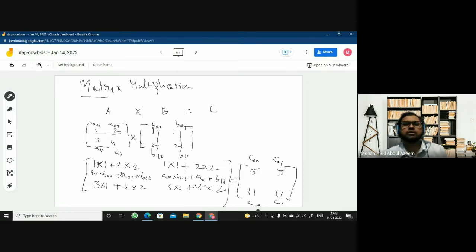So this is how you are going to multiply, right? So this is the procedure of matrix multiplication. If you have an order of this matrix 2 by 2, this is 2 by 2. The condition for multiplying two matrices is the number of columns in the first matrix must be equivalent with the number of rows in the second matrix. Yes or no? These are square matrices, so there is no issue, right? All are equal, so there is no issue.